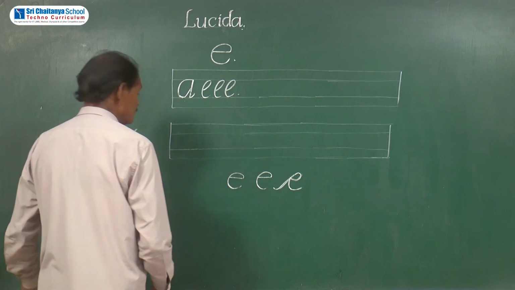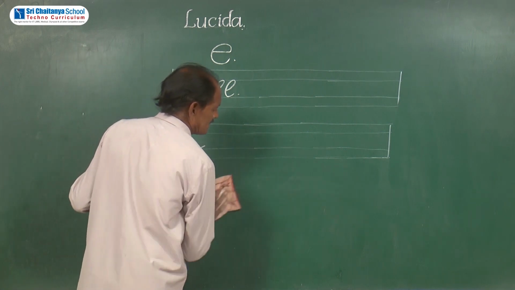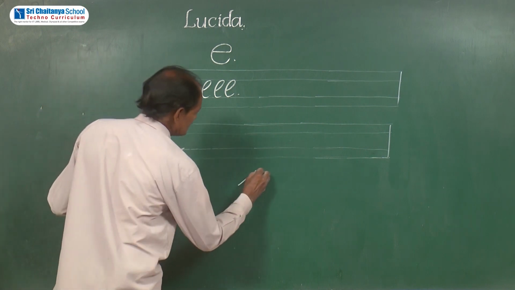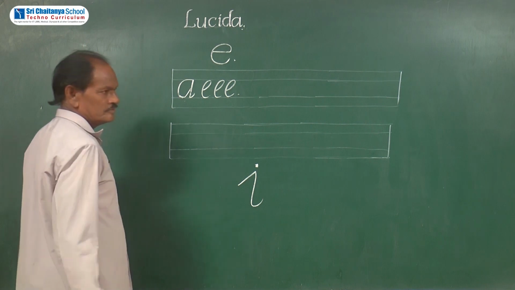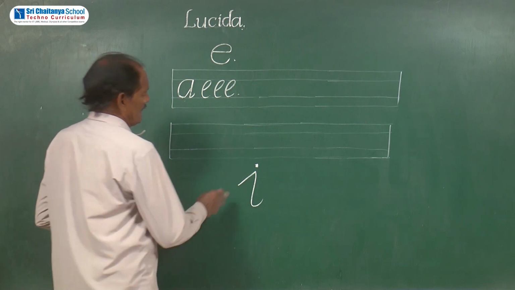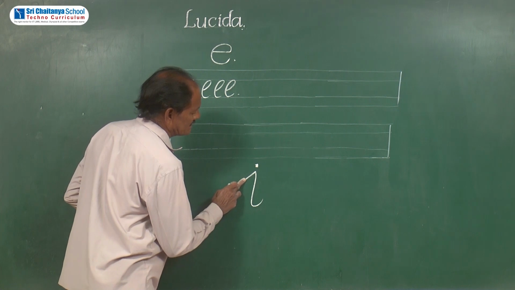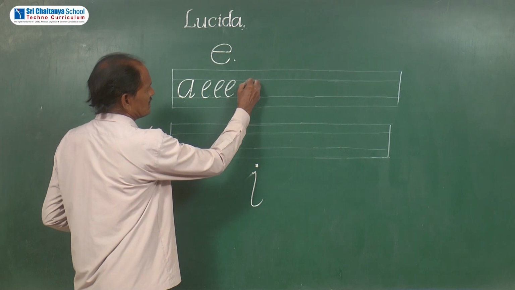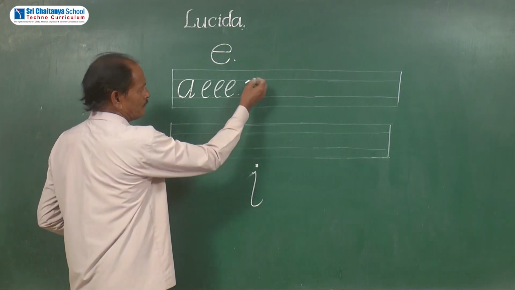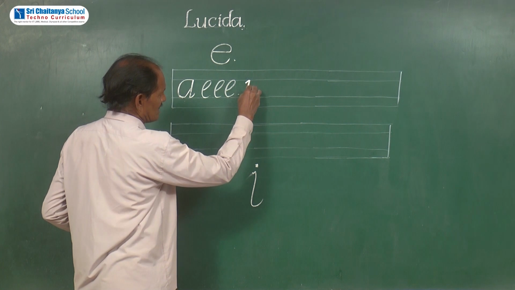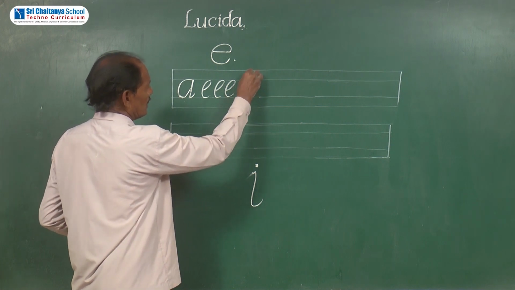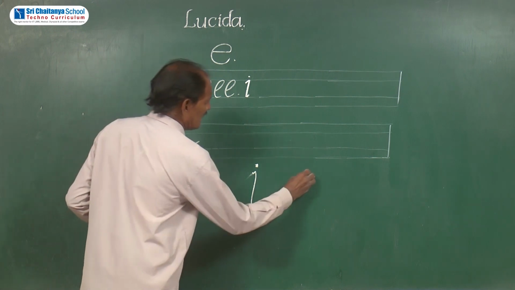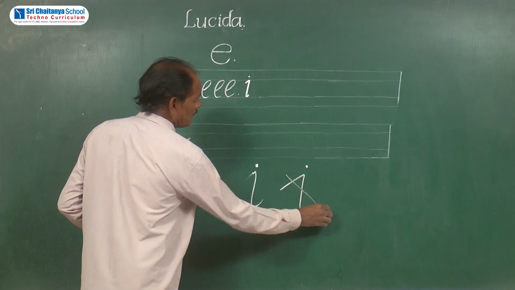And most of the students write I in an improper way. Like this they write. To write I, this much of stroke is not needed. Just a small dot or a small hyphen. From there it is a straight line, and a dot should be kept at the top. So don't write I in this way. This is the wrong way of writing I.